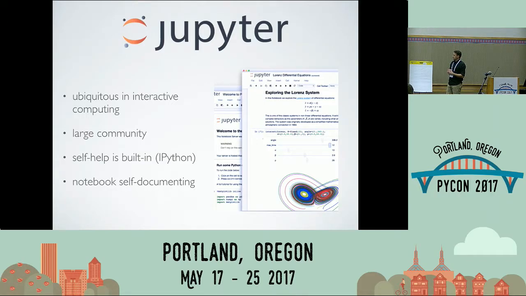Students can quickly find answers to questions that they come up with on the fly. Students these days are used to how fast they want an answer, and Google is usually the first place they'll go, but this is actually even a little faster than that because you don't even have to fire up a web connection necessarily. And it's also self-documenting.